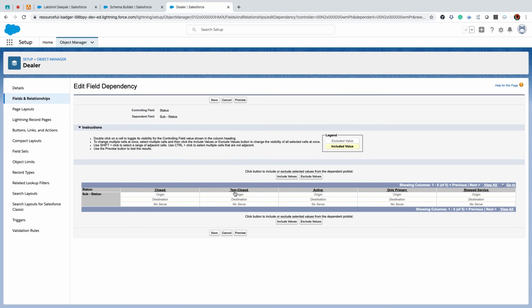Now you can see closed, temp close, active, only primary, and stopped service are the controlling values. For closed, I need to give only no serve. Highlight that value and then click include. Temp close, I'll say no serve. For active, I'll say origin and destination. For only primary, I'll say origin or destination. Stopped service, I'm saying include values. So when I'm saving it,